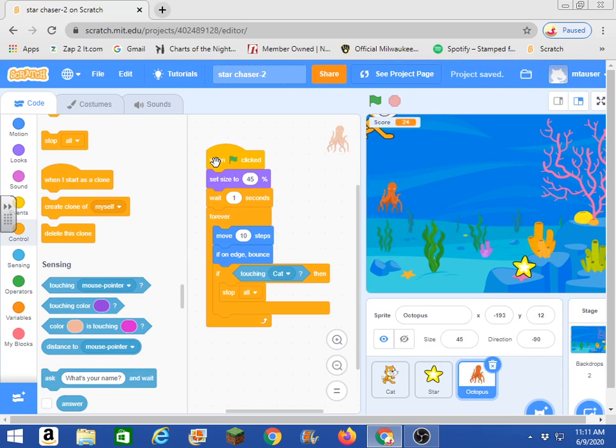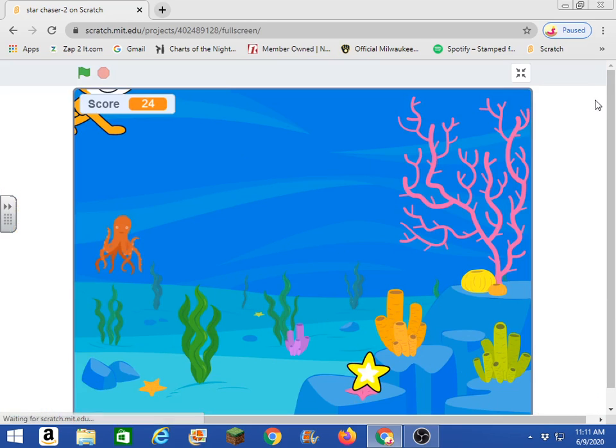So when I click on the green flag, the octopus is going to go to 45% size. It's going to wait a second, and then it's going to start moving like we saw. And thanks to what we did over here in the sprite thing, when it hits the edge, it's going to bounce. It's just going to keep going back and forth. It's not going to flip over. And if it touches the cat, then everything's going to stop. The game is over. All right, so let's open up the game. We're going to watch it again. There you hear